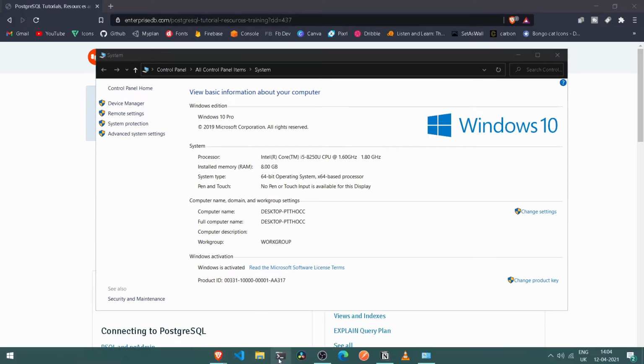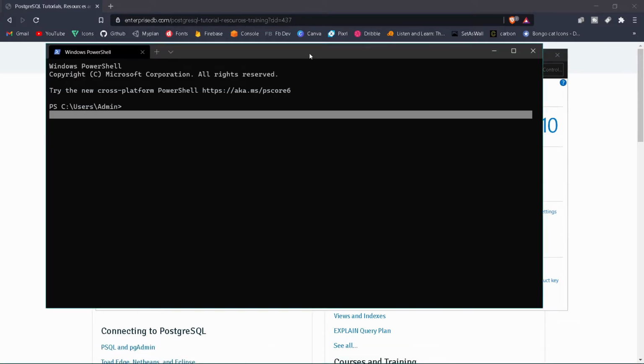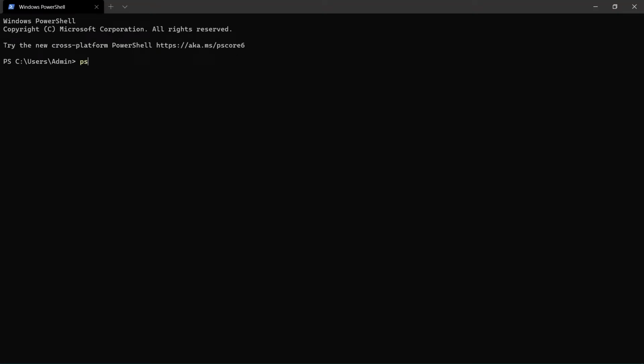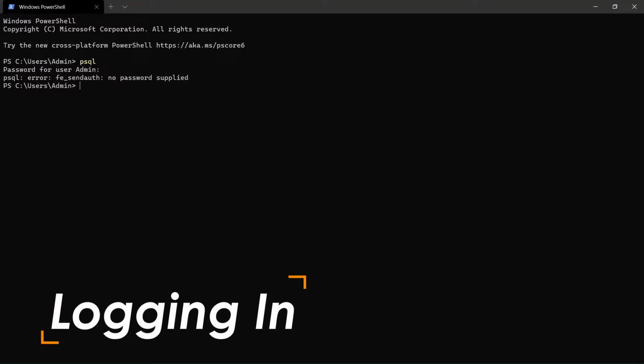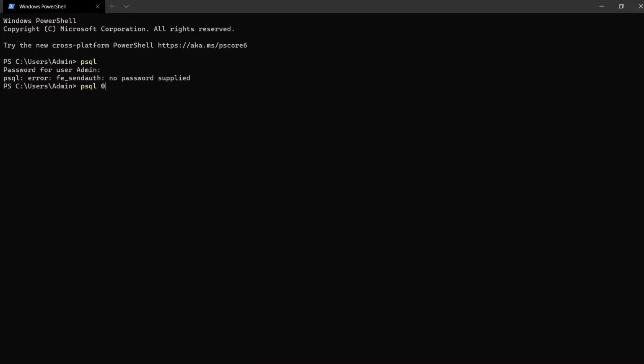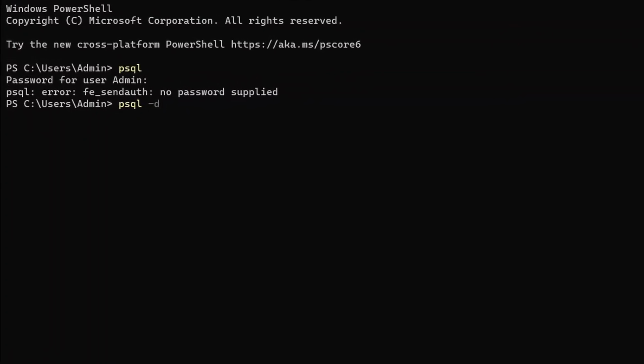So by now, if I open my terminal through here, alright, let's make it big, and here if I write psql, which is the short form of PostgreSQL, and press enter, it will be asking me the password for the user admin, but we don't need this thing. So here first of all I shall be having a new command of psql. After psql I will be giving a database, that is the name of the database, which will be postgres, which is created by default while we are installing Postgres under our system.